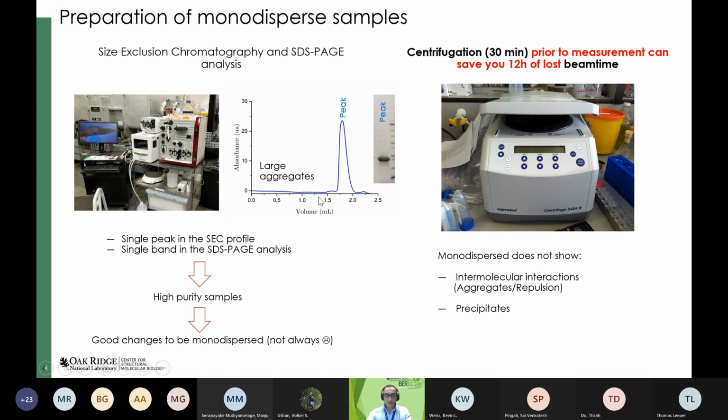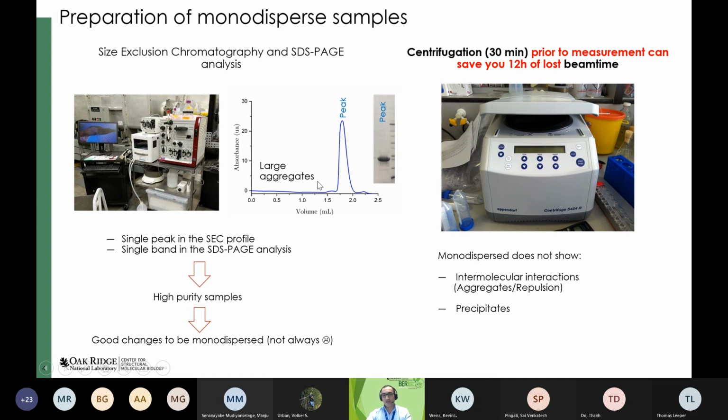One important thing to know is that those large aggregates do not show large absorbance in the UV spectra, but they have a very high power of light scattering. So you may not see the large species in the size exclusion, but they will show up as large species